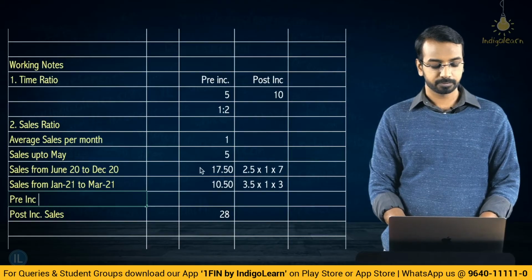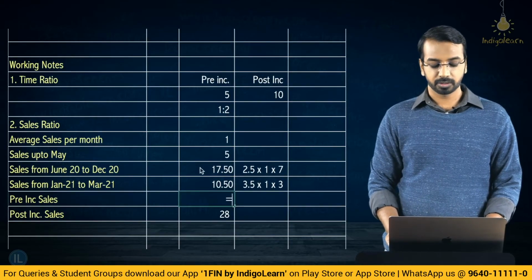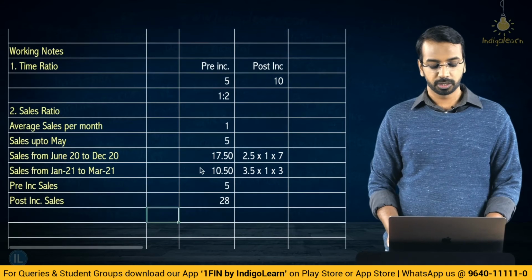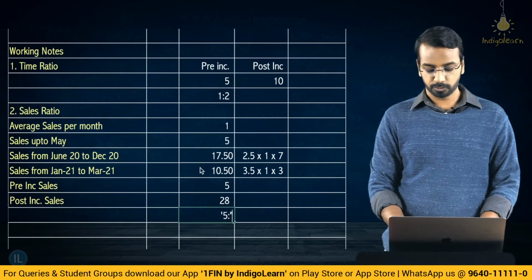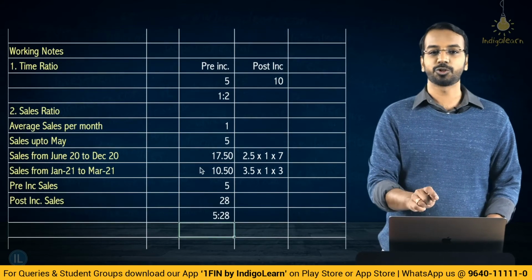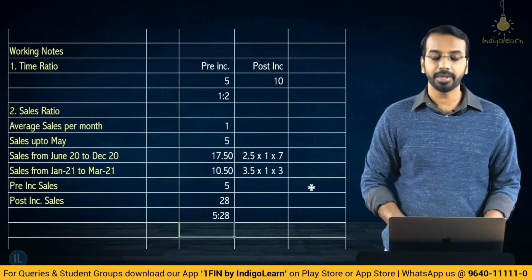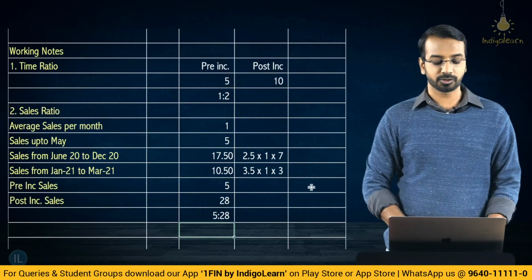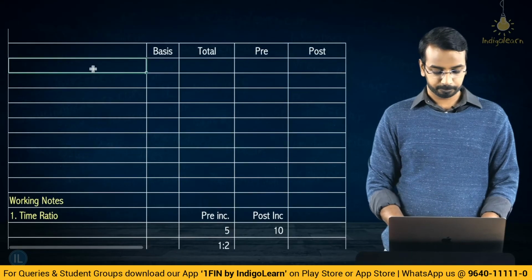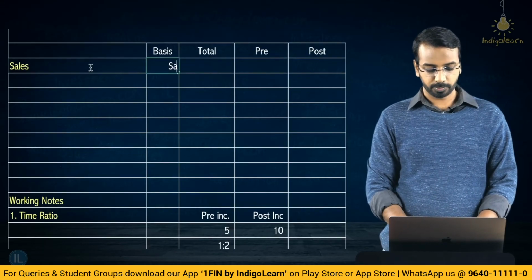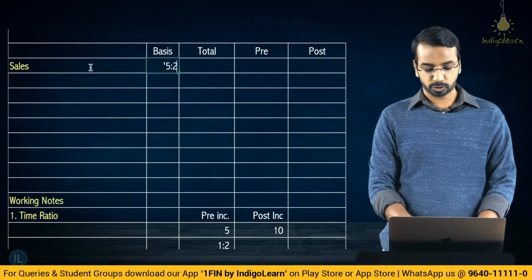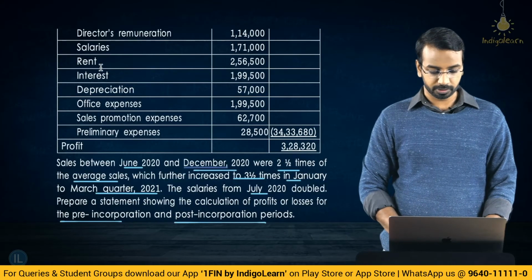Pre-incorporation sales is 5. So, what is the ratio? Ratio is 5:28. The sales ratio is 5:28, right. So, you have calculated the sales ratio. Now, let us start solving the question. Sales basis is 5:28. What is the total amount given? Total amount is